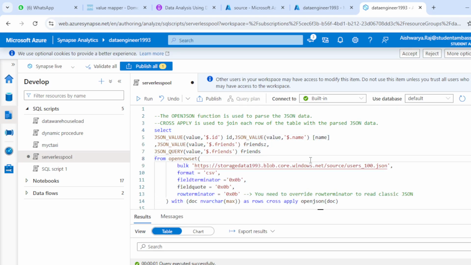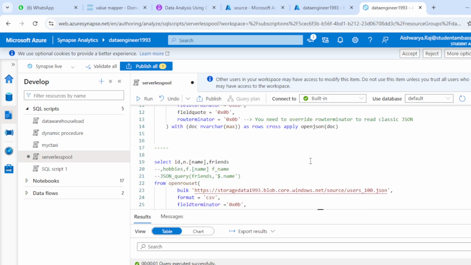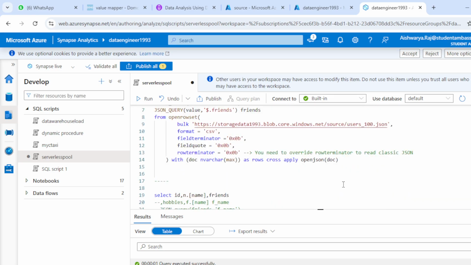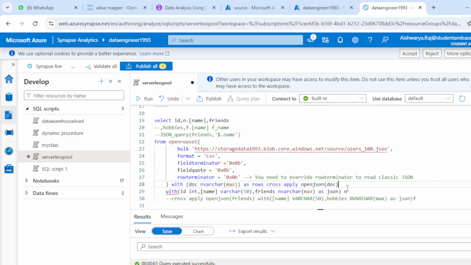There are multiple ways, but I prefer this one. I will explain slowly one by one. I do use this one. So till here it's common. If we can see, till here it's common. After cross apply,